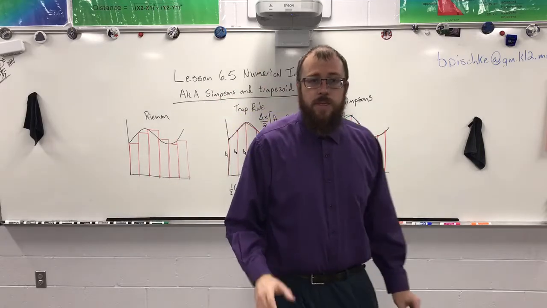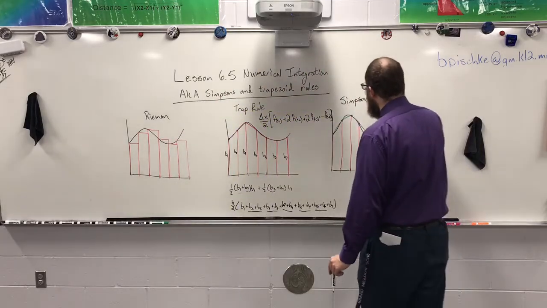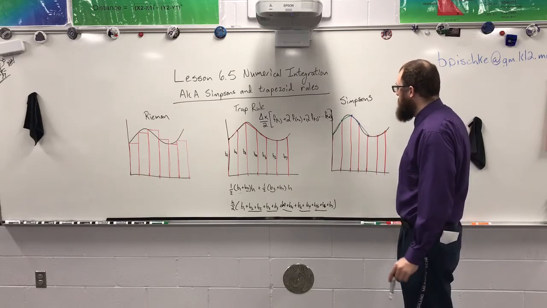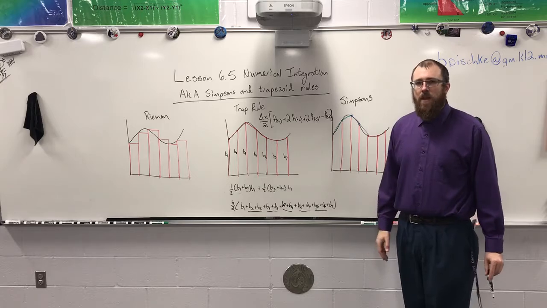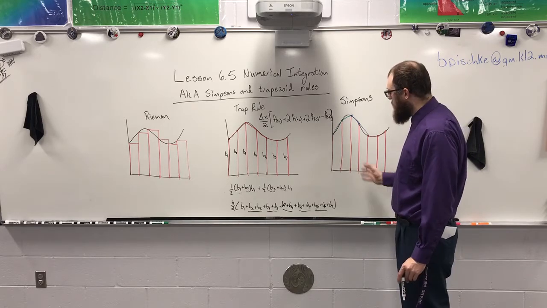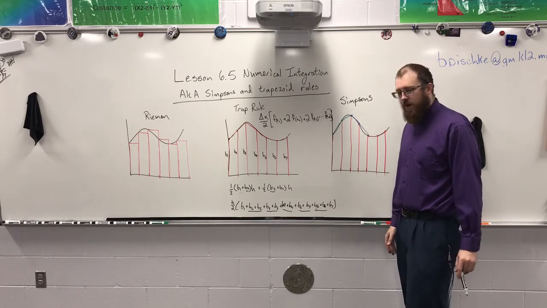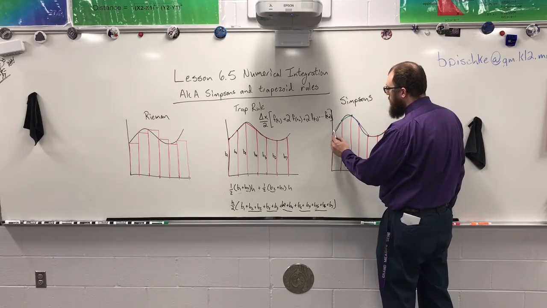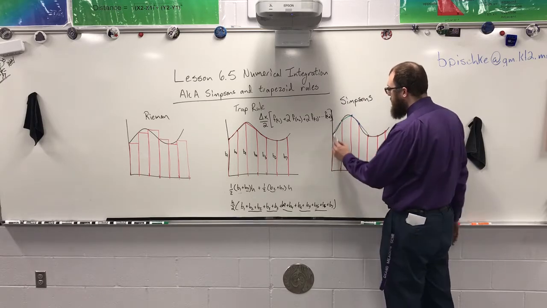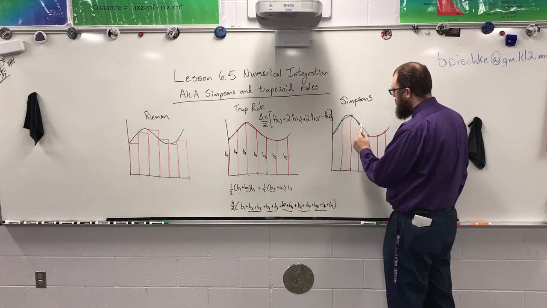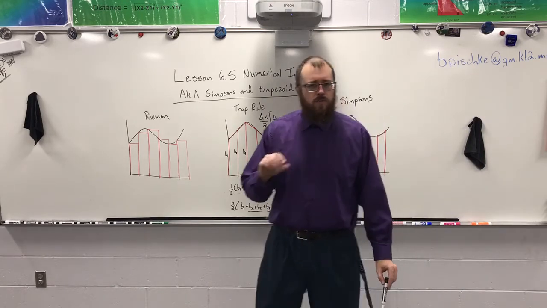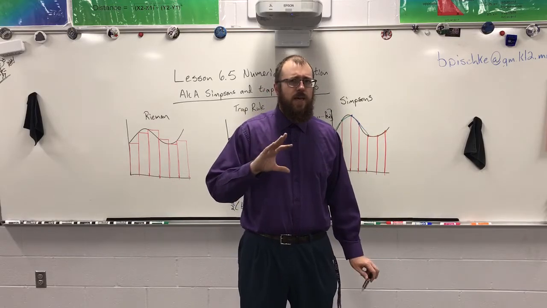Now, Simpson's rule came along a little further with a guy named Simpson who decided, I can do one better. I can turn all of these into tiny parabolas. And the tiny parabolas will be endpoint, endpoint, vertex, endpoint, endpoint, vertex, endpoint, endpoint, vertex. Now, I don't want to get into too much detail on Simpson's rule